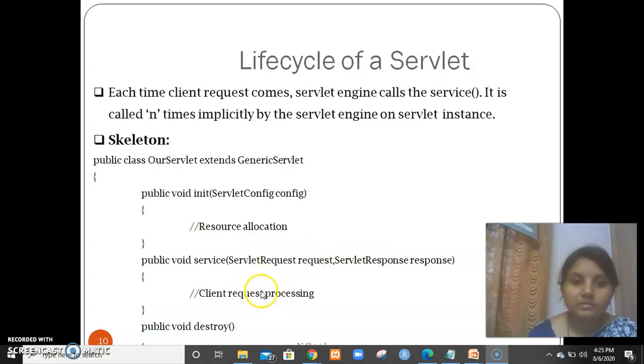And this is the client request processing phase, and this is the resource allocation phase. And finally, once your service is done, we'll destroy. So this is what we have covered already. So moving further,